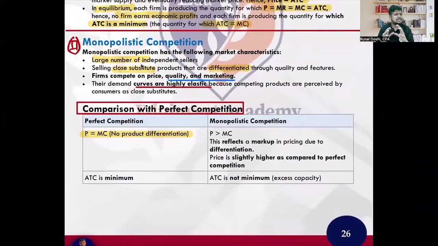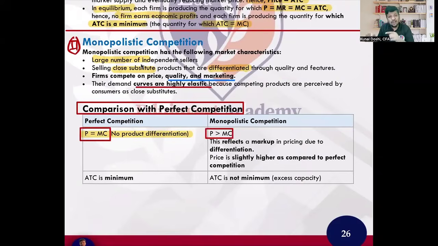Now, as I said, what is the most important differentiation between both? We already know one differentiation: perfect competition produces identical product, monopolistic produces slightly differentiated product. But in terms of the graph, what you need to understand is that in perfect competition the price is equal to marginal cost. Here the price is slightly higher, which I will show you why. It is basically a markup, that extra due to the product differentiation. So you need to cover that advertising cost, right? So the price is slightly higher than perfect competition. And what about the quantity I've written here?